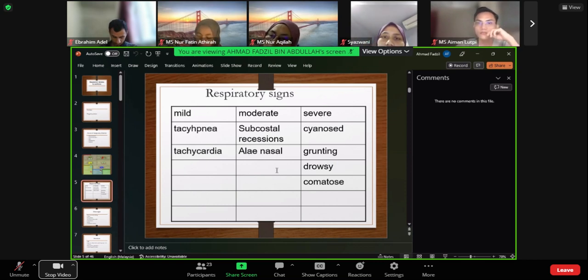The baby who comes out has mild, moderate, or severe respiratory distress, because you need to know it to decide the level of management. Mild, probably you just give oxygen only. Moderate, probably you give some oxygen, then probably some CPAP or BiPAP. Severe, maybe you have no choice but to intubate. So the level is very important. When the baby comes out, you have to decide the level of severity to decide the level of management.